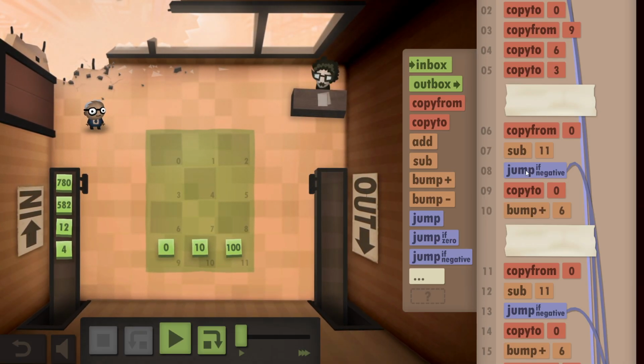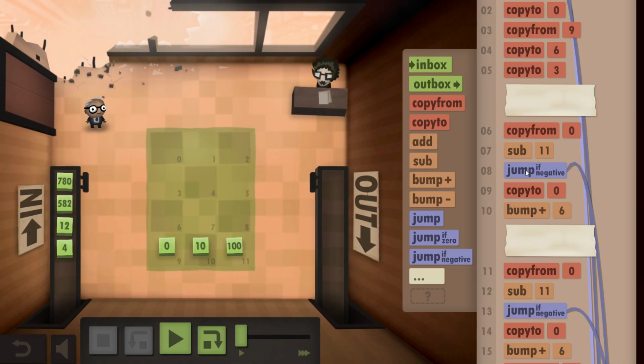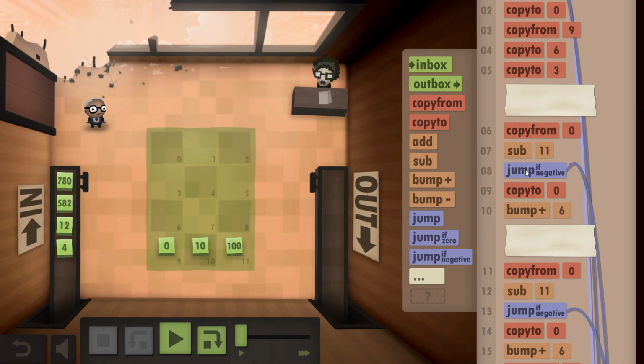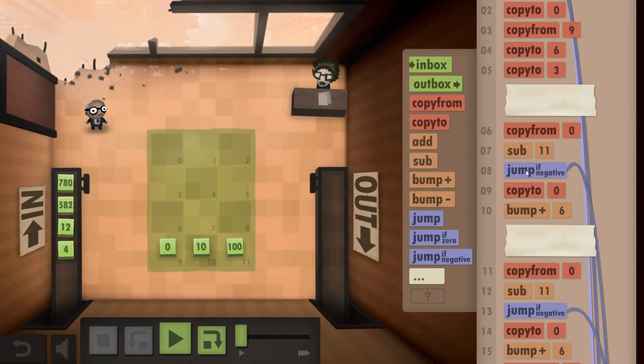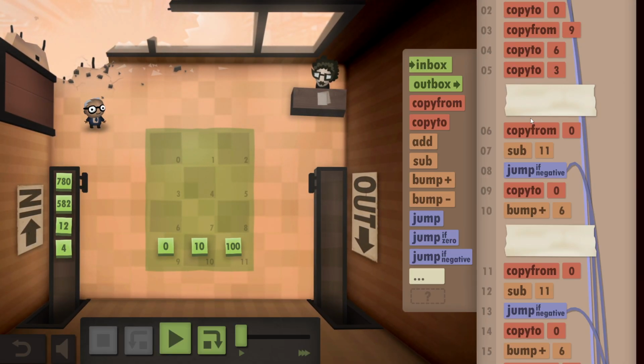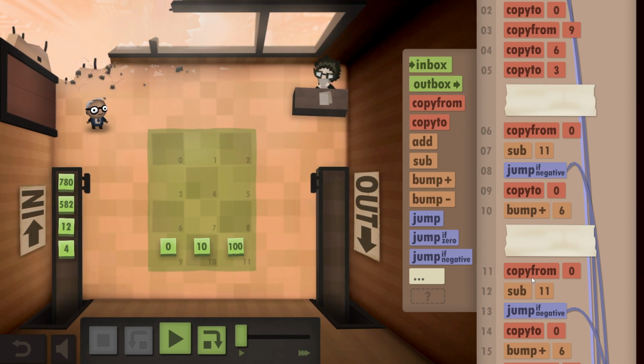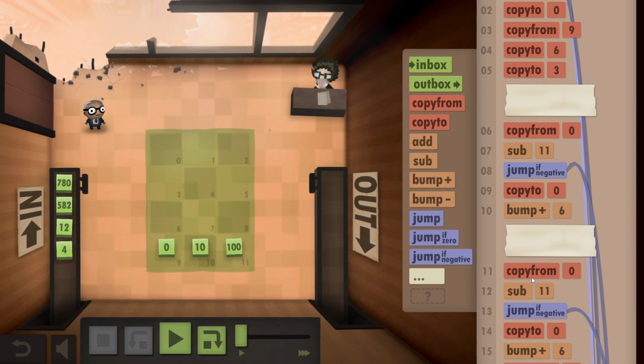And we jump. That might be a problem later. If we bump first. I mean, we can try. Like, do you understand? I don't need to have copy to copy from if they're next to each other. We are already holding in the hands what we are holding in the hands.